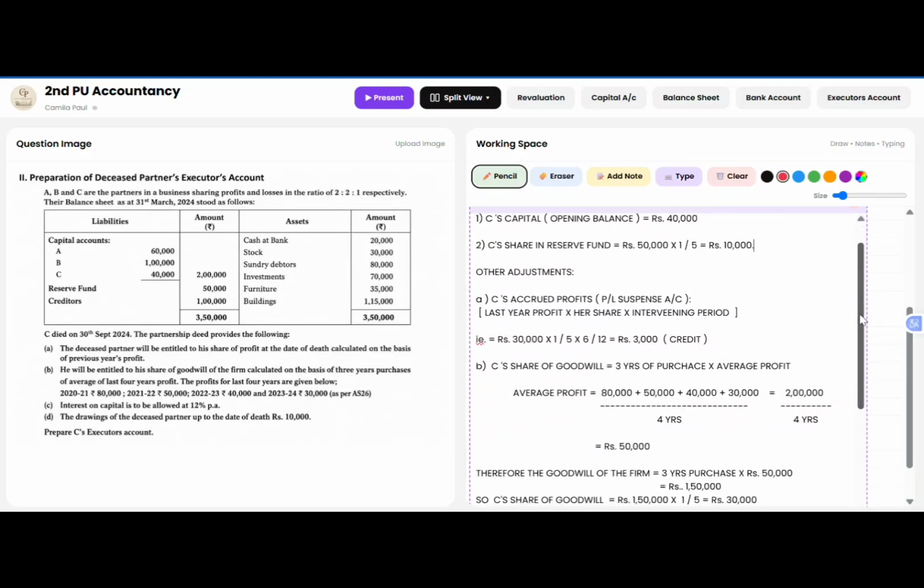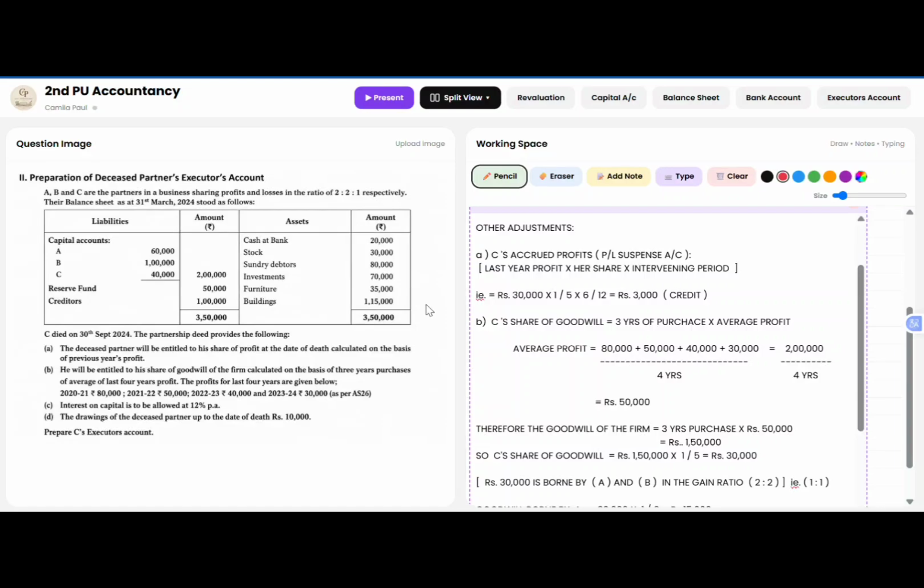The other adjustments given here, the first adjustment is the deceased partner will be entitled to share the profit at the date of death, calculated based on the previous year's profit. So for this, we are going to refer to the next adjustment where the profits for 4 years are given. So the last year's profit is rupees 30,000. So we are going to take that 30,000 last year's profit and provide a share of profit to the deceased partner, which is C's accrued profits, which should be transferred to profit and loss suspense account on the credit side